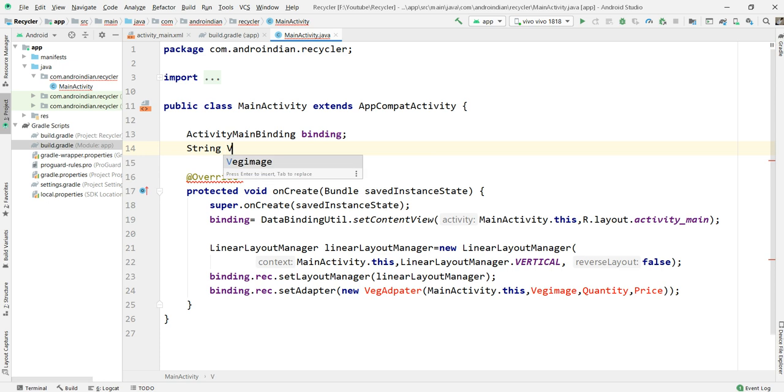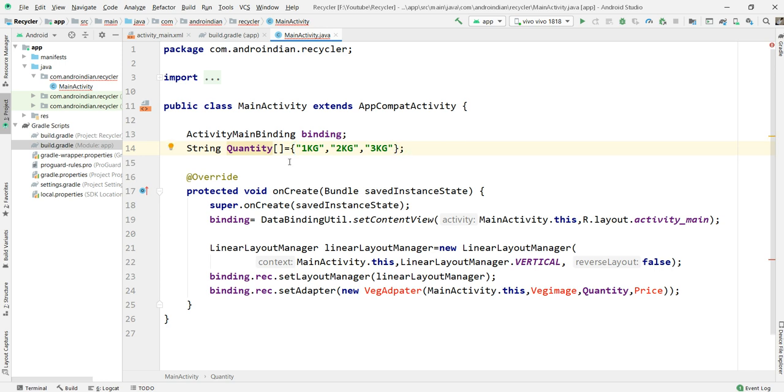So here I'm taking the quantity. In the quantity, I am taking 1 kg, 2 kg, 3 kg, like this. Some data I am taking.